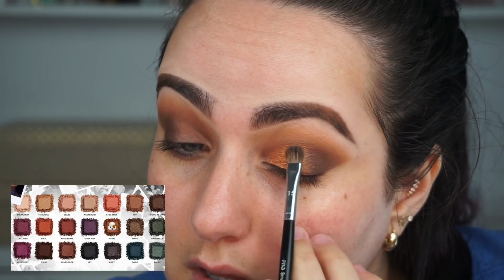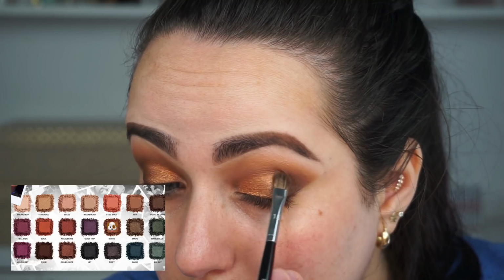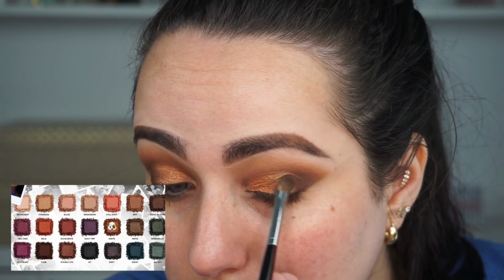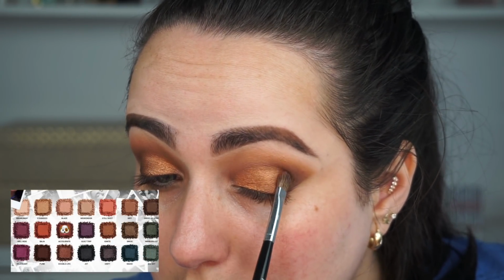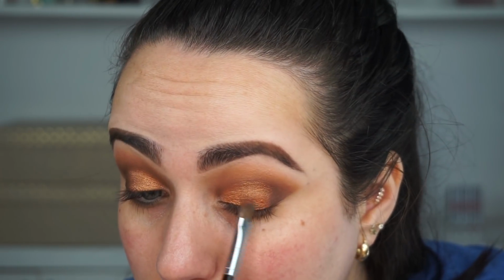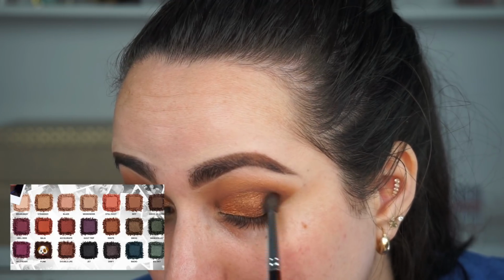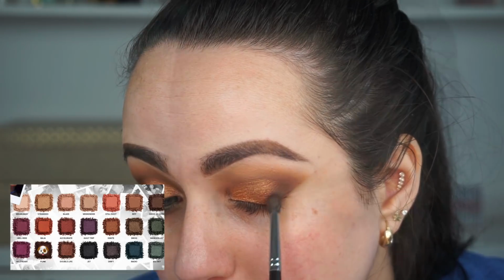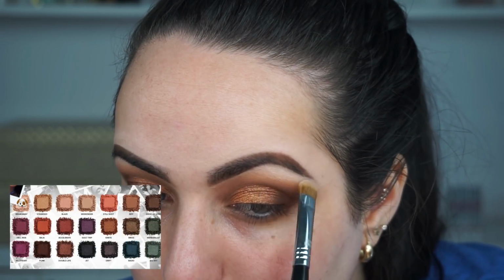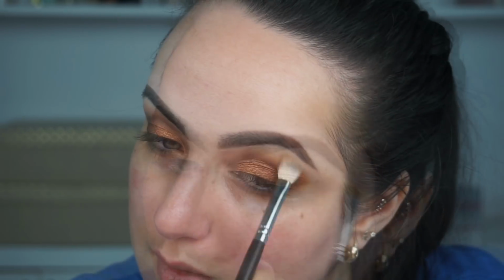So to blend it, I barely have any color in the brush left, so I'm just tapping over a little bit and just putting the most pigment at the front. I also went ahead and grabbed the color Accelerate, which is a more reddish tone, so that it looks a little bit darker, so that way it would transition well into the outer corner. I went back with my blending brush, the M506 by Morphe, and the color Punk to make sure everything was blending. Then I grabbed my shader brush from Sigma, that is my E55 from Sigma, and I put the same